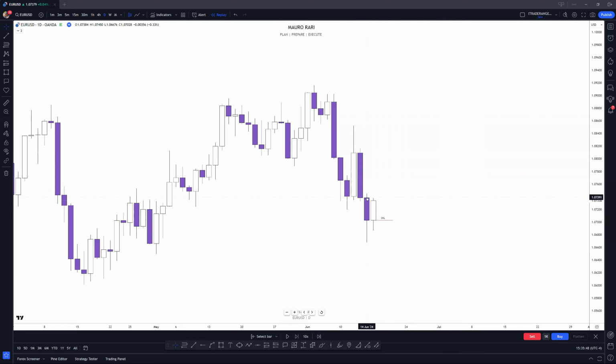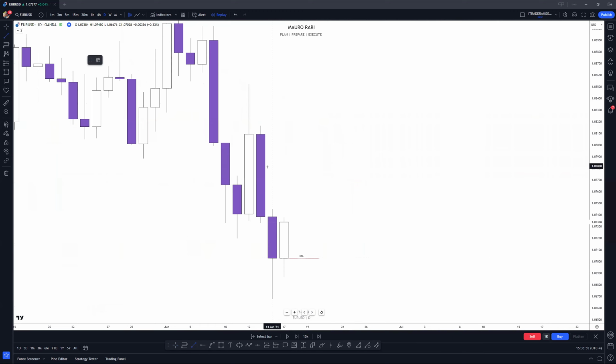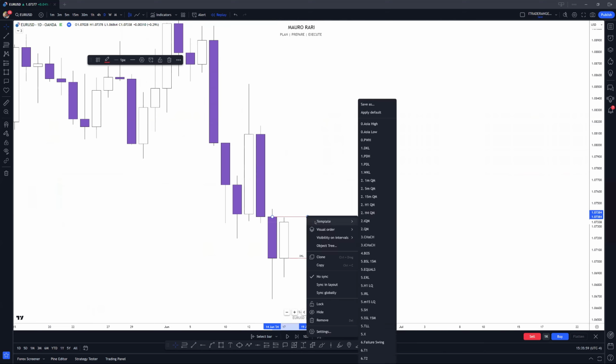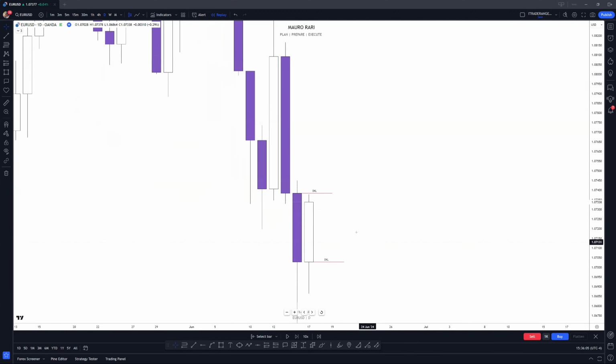And we are going to mark the key level on the top in this position, okay? And we can start recognizing this high, the previous daily high for the 17th of June